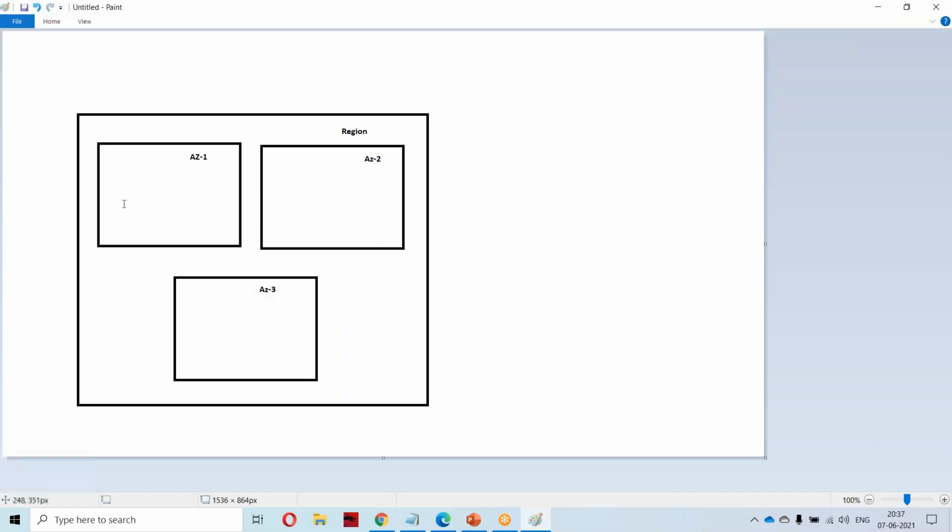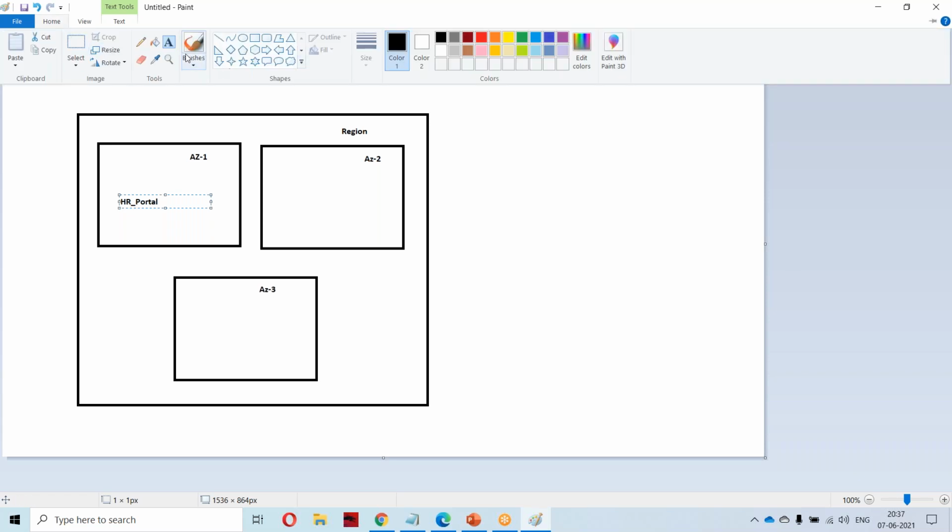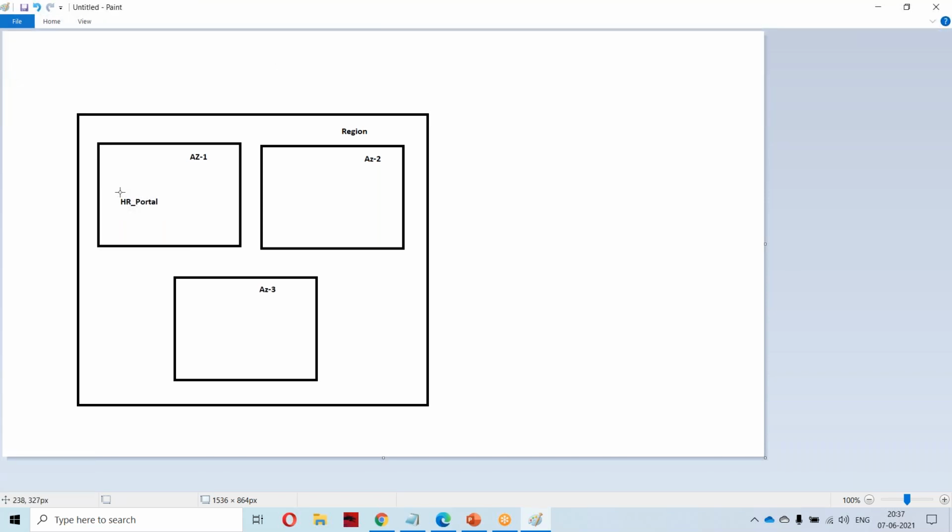Let us say this application is called HR portal. The same instance is present in three availability zones. So why have we designed the infrastructure like that?